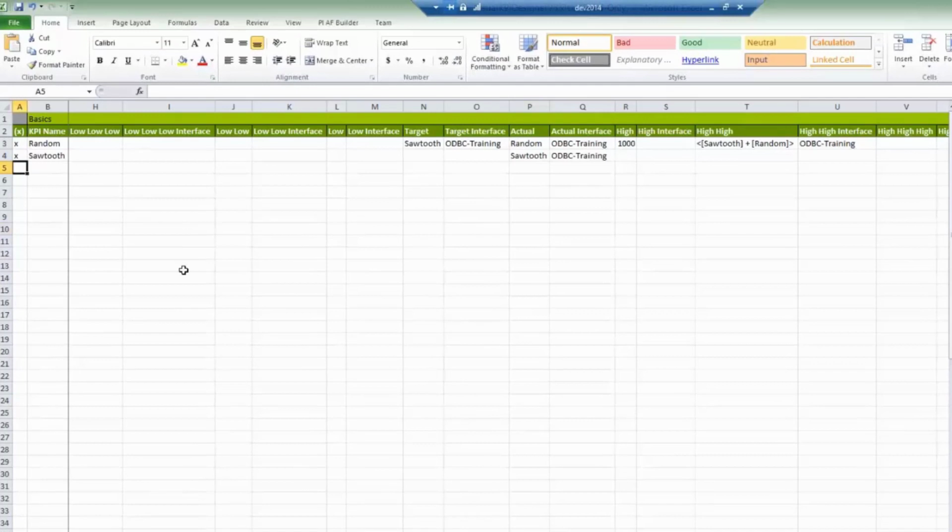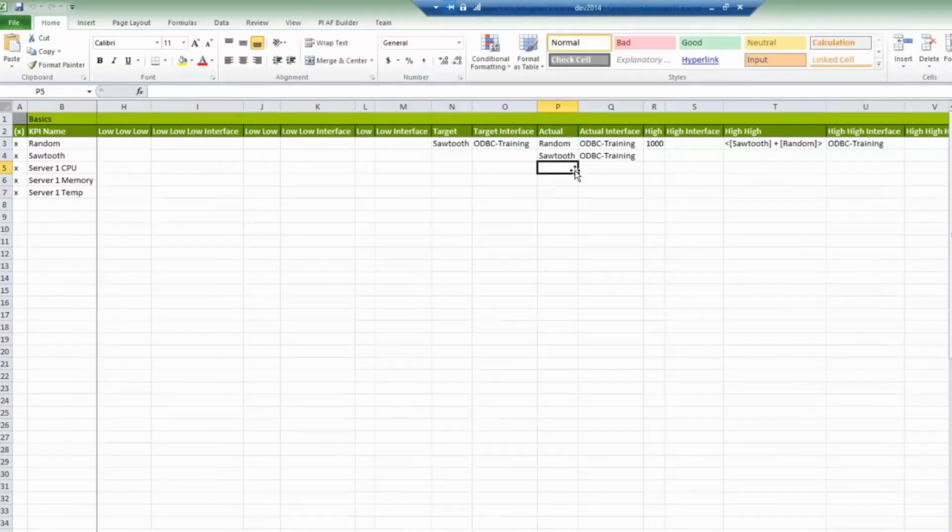Let's go to our designer here and let's say CPU, and let's do a memory. Oops. Make some KPIs out of this. Let's do a temp. And let's make this server 1 CPU. Server 1 memory, server 1 temp. All right, and what I want to do now is I want to say for actual,